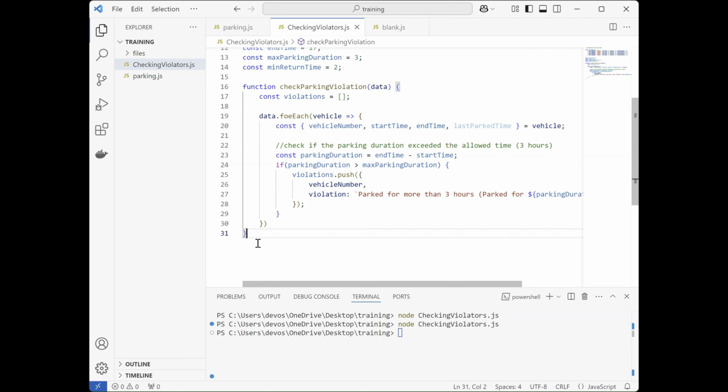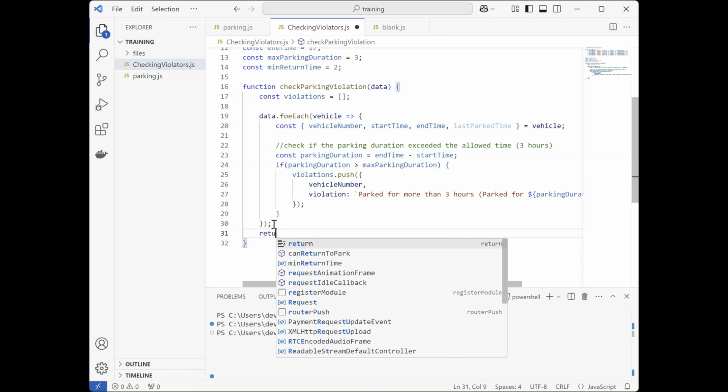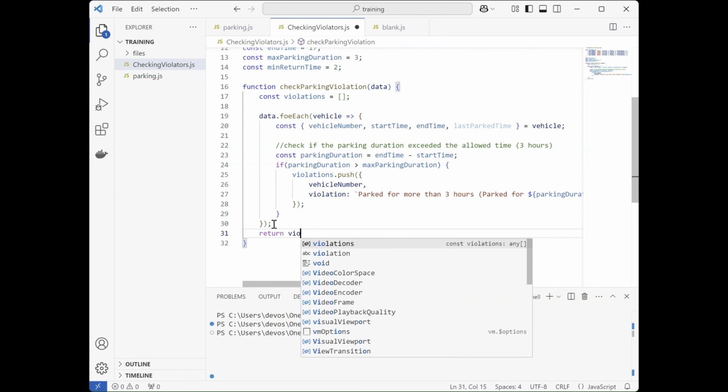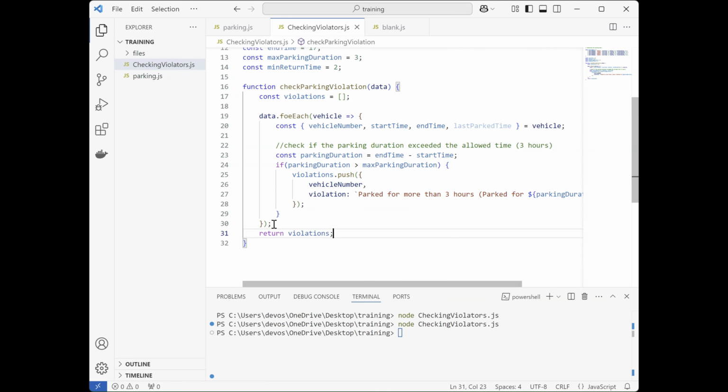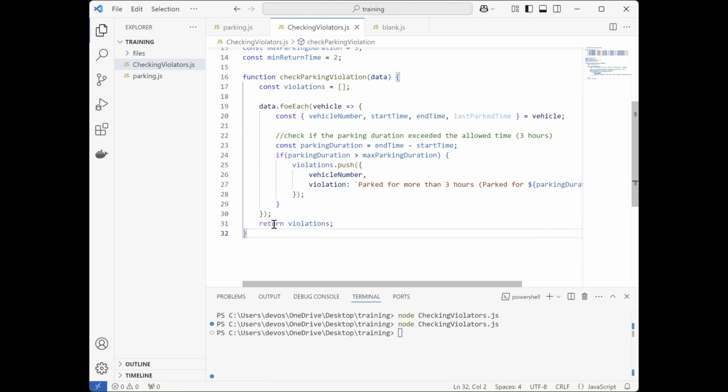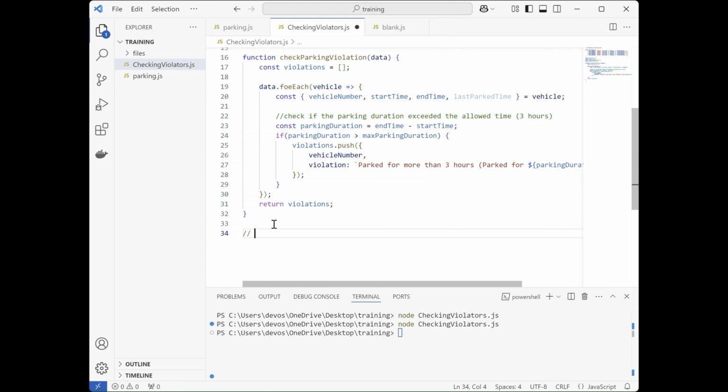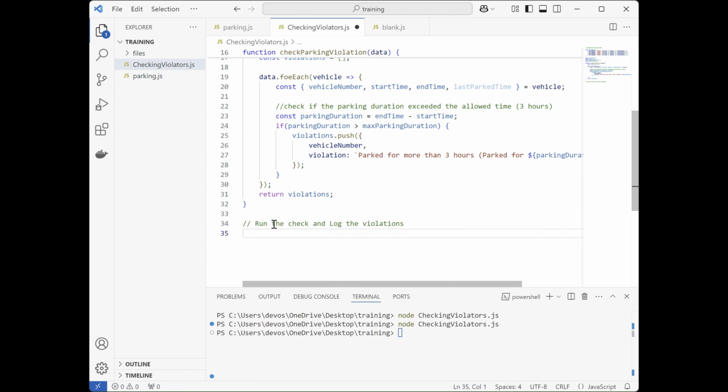So the next thing that we are going to do is, of course, we have to return, because after it has done that computation, we have to ensure that it returns the violations. So it takes in the data and then it tells us back the list of violators that we have. So we create another function to run the check and log the violations. We utilize that function, so we say const